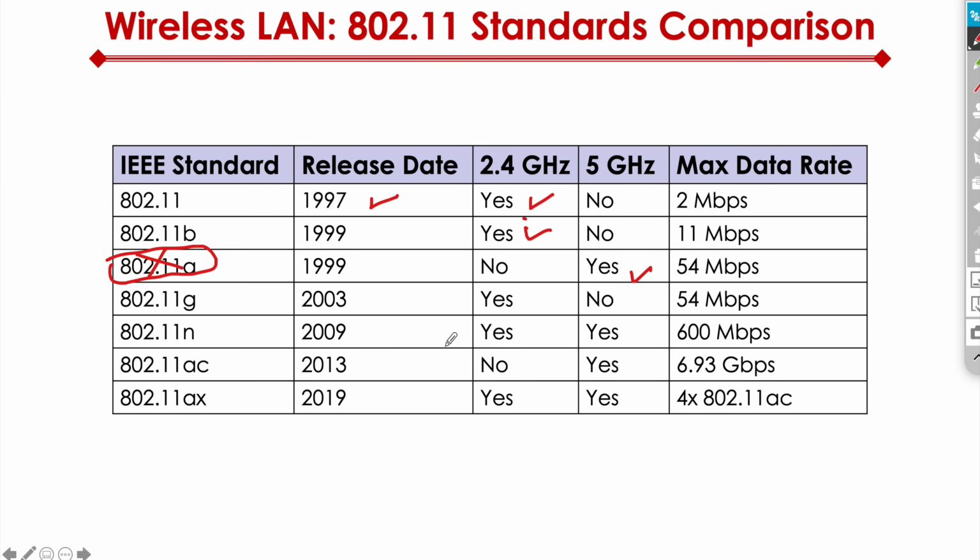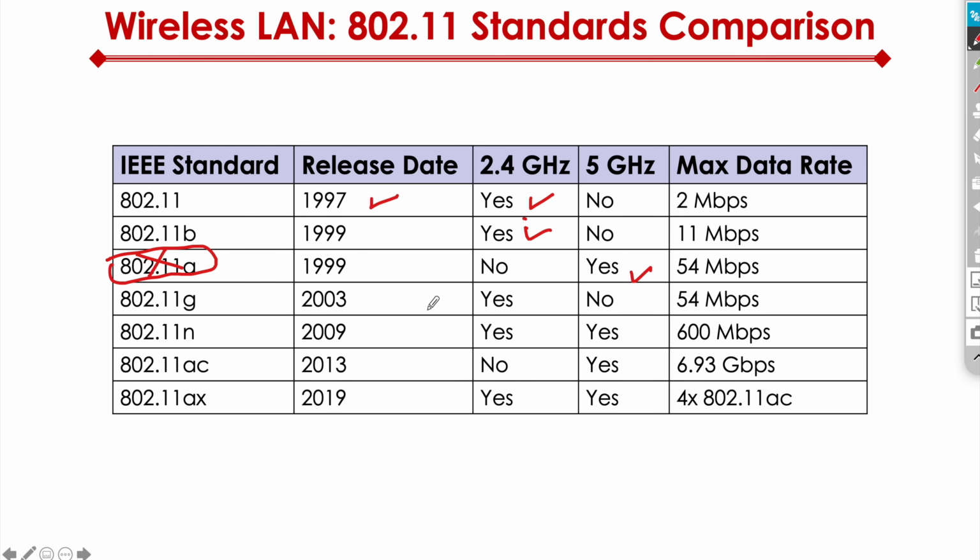That was actually in shortage on a global scale. And because it was in shortage, the 802.11b standard took off, even though technologically it was a lot less superior than 802.11a. Then 802.11g came out in